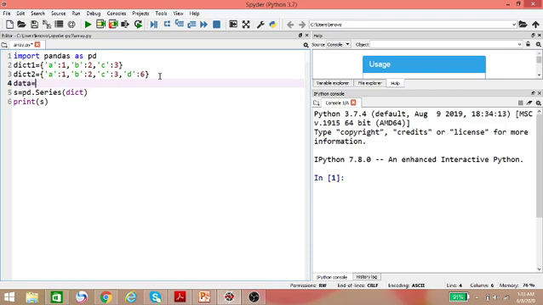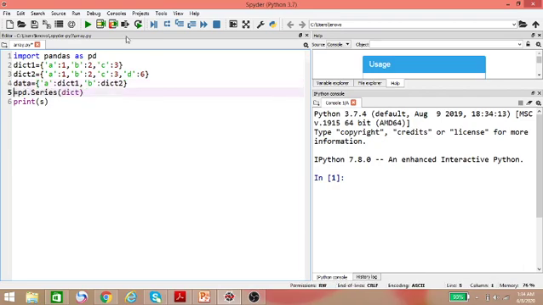And here I am creating another dictionary with the name data. Data is equal to, here you can see I am creating two keys: the key A, to which I am providing dictionary 1 as the value, and in the second key-value pair, to the B key I am providing dictionary 2 as the value.